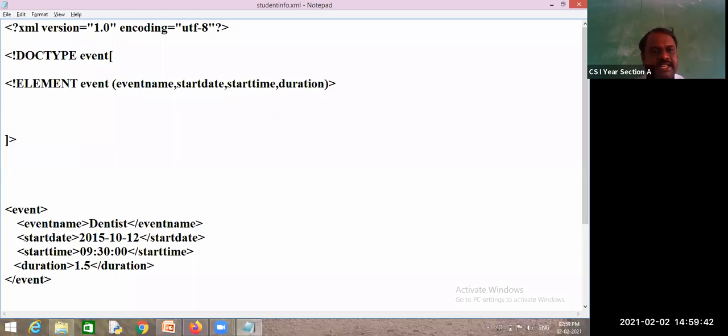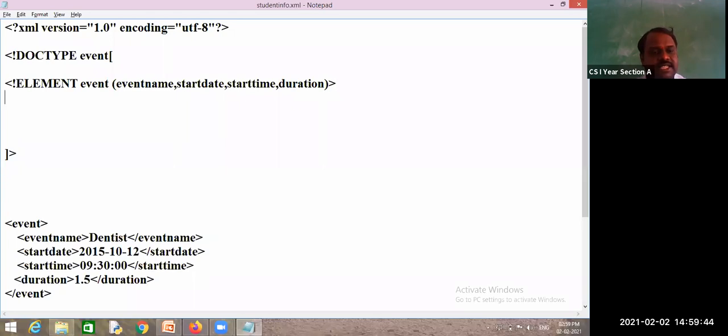So event is declared. What is the next element I have to write? Event name. Yes or no? I have just declared the root element, but it contains some elements, so it may contain child elements or it may not. So element, I am writing element.